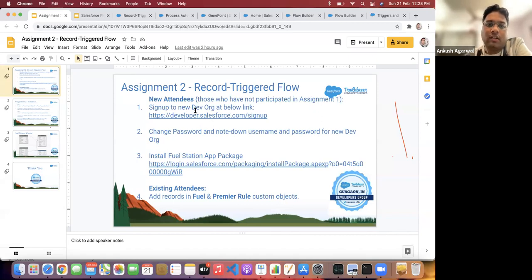Sign up with the new org, change the password, note down the username and password, and then install this particular package.